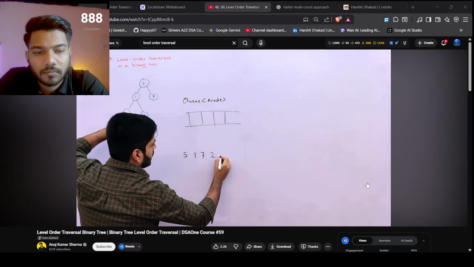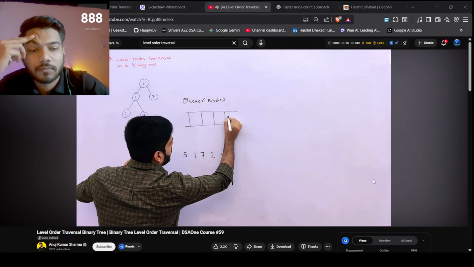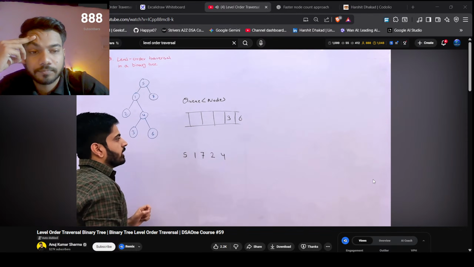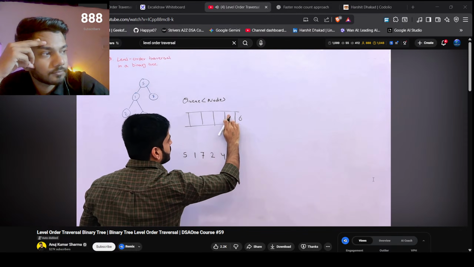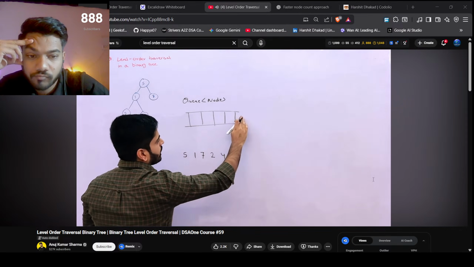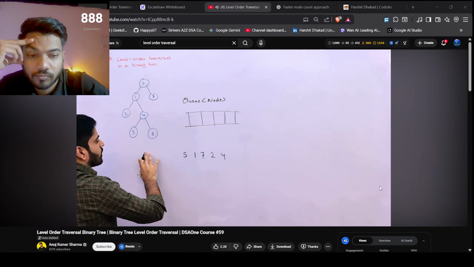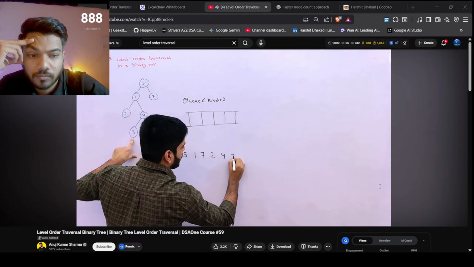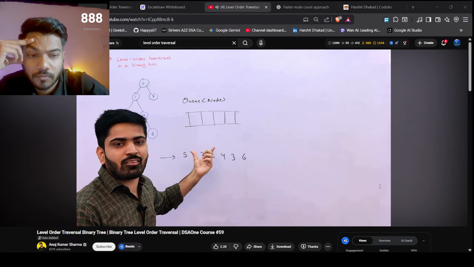अगेन एलिमेंट निकालते हैं क्यू से बाहर, तो क्यू से हमने बाहर निकाला 4 और 4 को हमने करा दिया प्रिंट। 4 के लेफ्ट और राइट को क्यू में डाल देते हैं, तो पहले हमने डाला 3 को, उसके बाद हमने डाला 6 को, ठीक है। उसके बाद हम इस क्यू में से 3 को बाहर निकालेंगे। 3 का लेफ्ट और राइट कुछ भी नहीं है। अगेन हम 6 को बाहर निकालेंगे, 6 का लेफ्ट और राइट कुछ भी नहीं है। तो 3 और 6 को प्रिंट भी तो कराना है, 5 1 7 2 4 3 6। तो इस तरीके से हमारे यहाँ पर लेवल ऑर्डर ट्रैवर्सल प्रिंट होता है, आप लोगों को दिख रहा होगा।